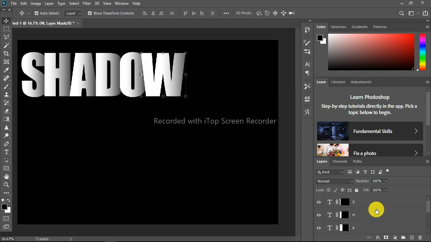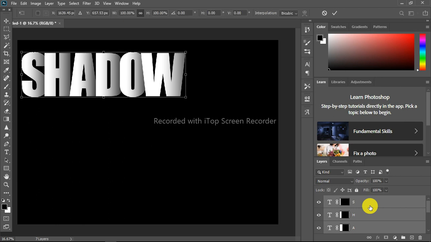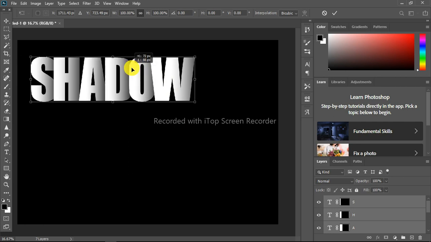So what is next? Whilst holding shift again on your computer keyboard, you click on the first layer, which is the S, to highlight all the other layers together, because we are supposed to increase the size of the shadow we have on the document or on the template. So press Ctrl A on your keyboard, Ctrl T to activate the transform tool. So you see it,